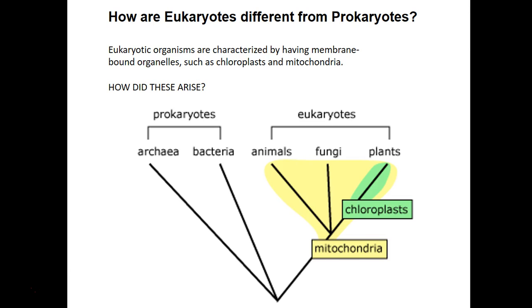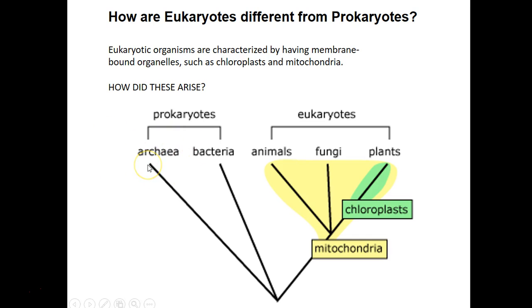The next big transition in the history of life is the evolution of the eukaryotic organisms. These are organisms that have membrane-bound organelles. They've got a nucleus, chloroplast, and mitochondria. Now, there are three main domains of living organisms. There are the bacteria, the archaea, and the eukaryota. So bacteria, you've experienced earlier in the semester. These are single-celled prokaryotic organisms. You looked at the cell structure of one of them.